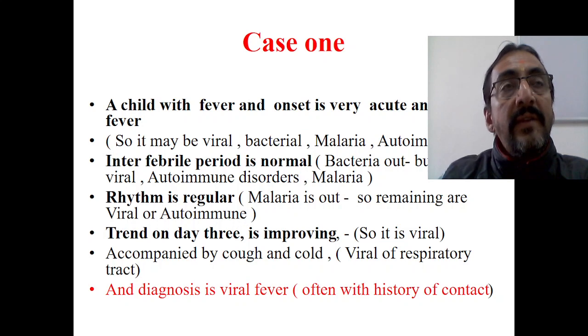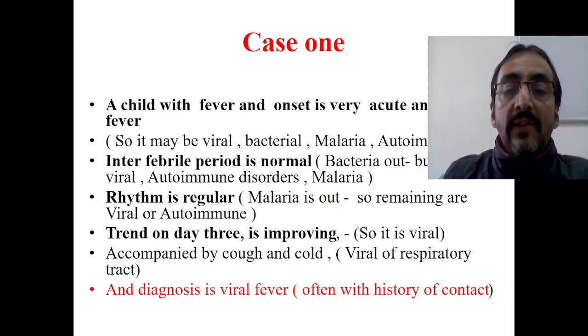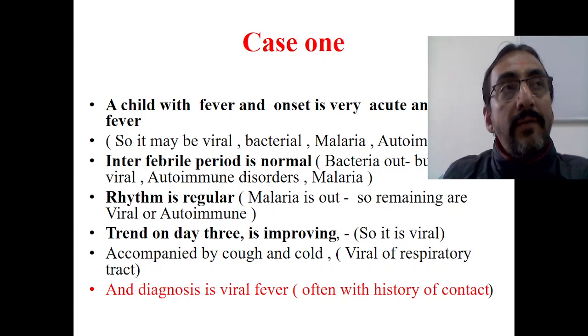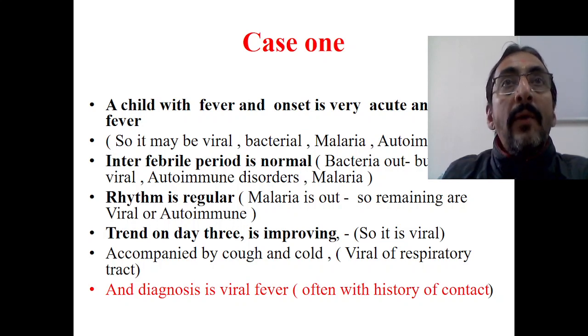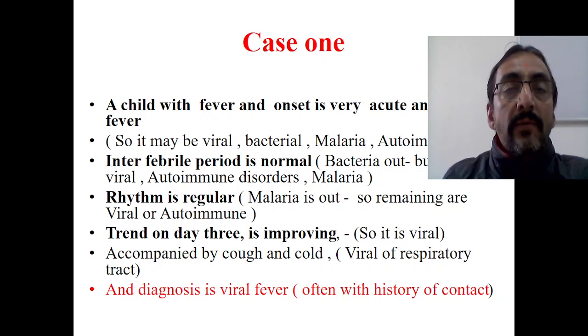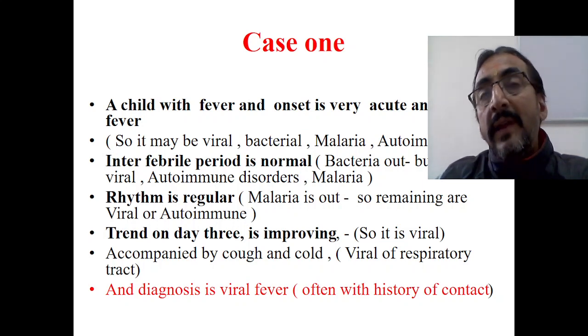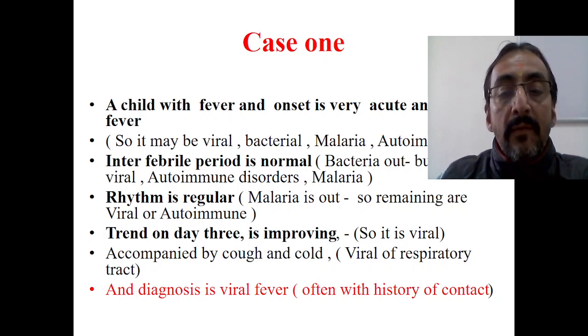Now what is left is a viral fever. Now go to the next question. What is the progression of the fever on day 3 and 4? The mother is telling us that the fever is gradually coming down, improving. Now the nature of the viral fever is that as the days pass, the intensity of the fever comes down. In bacterial fever, it goes on increasing. In immunological fever, it's stable. So here the fever intensity is coming down, and now it is very clear that this is viral fever.